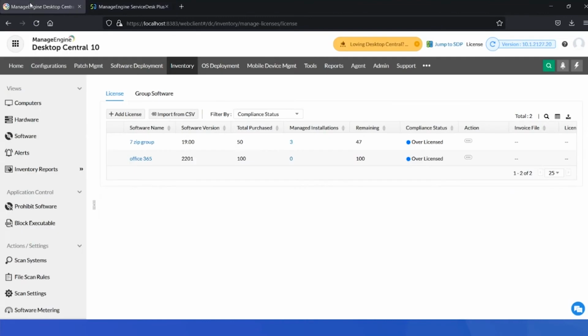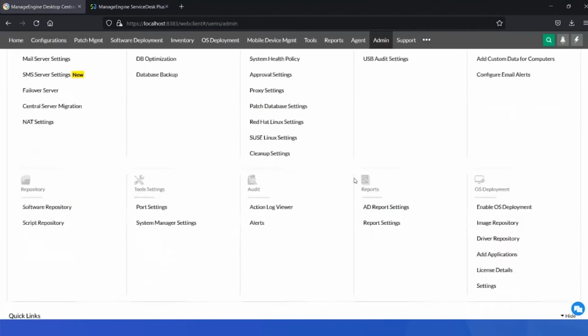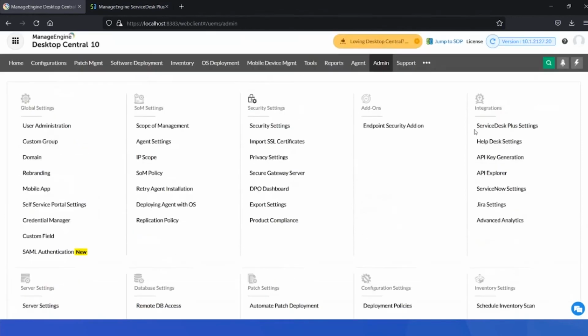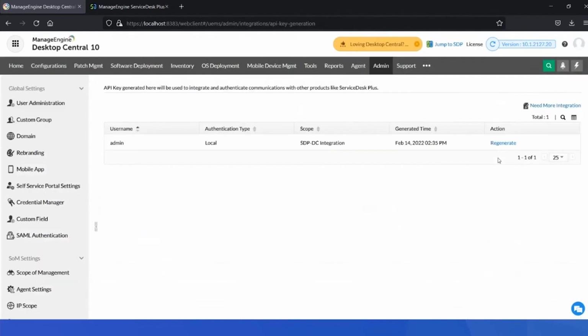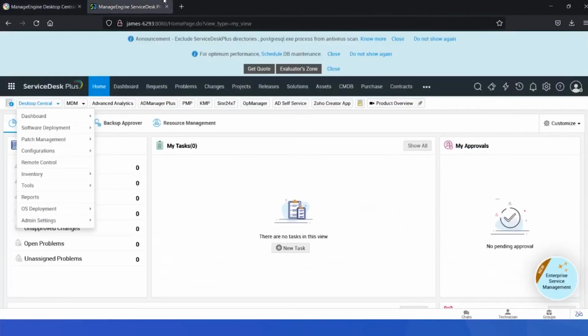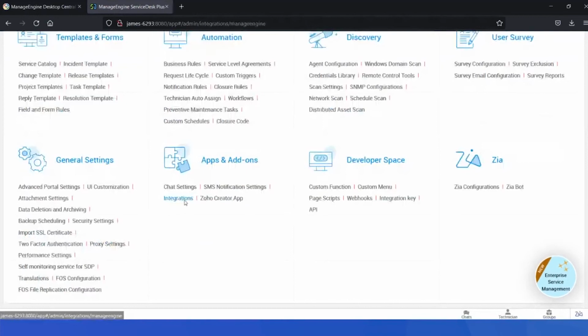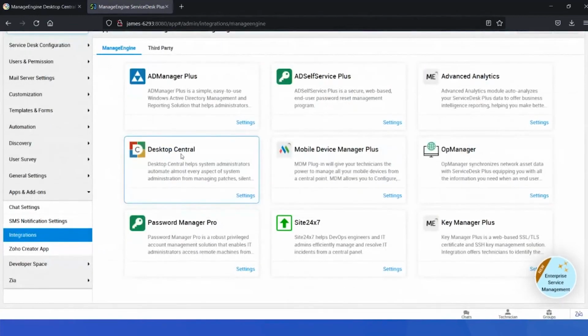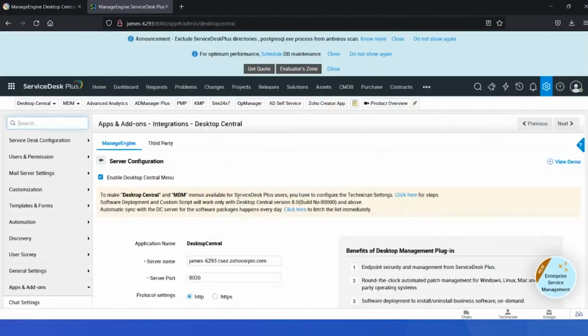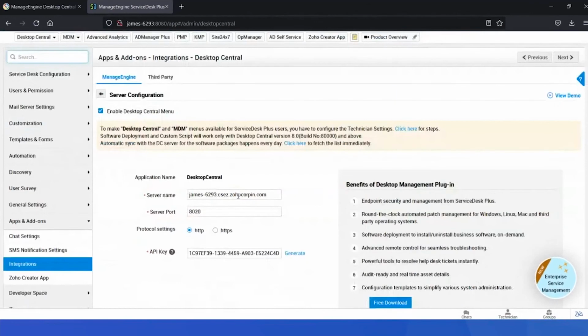So to do that, you can go to the desktop central console under the admin tab. If you go here under the integration, you have the option to generate the API key from the desktop central. So you have to fetch a key from the desktop central and then go to the service desk settings, admin. And then in here under the apps and add-ons, you have the integrations. In here, you can use the desktop central. You can simply click this. And remember, with the latest concept,